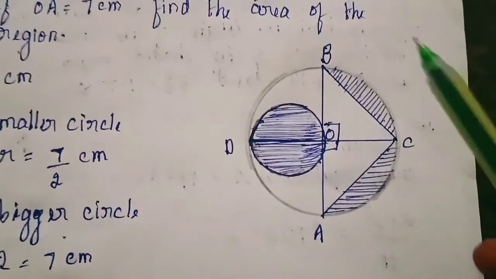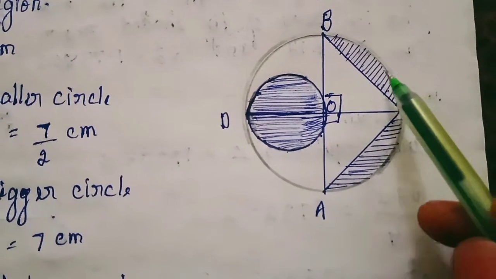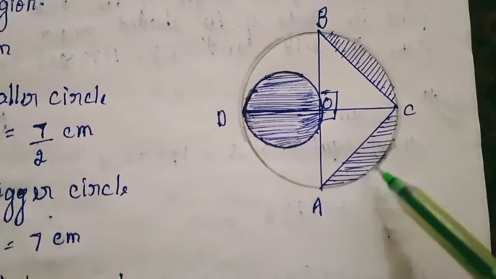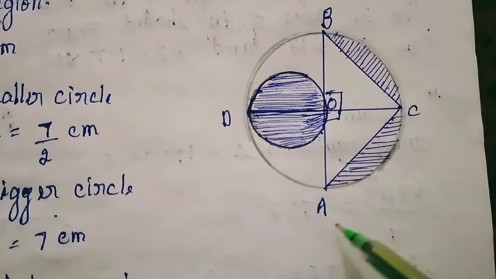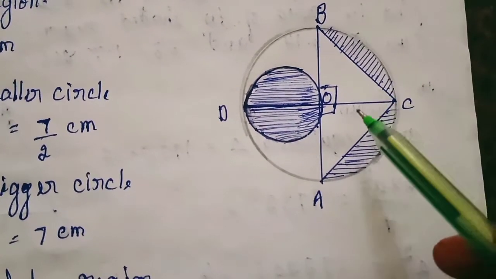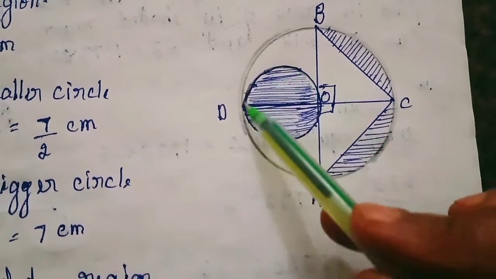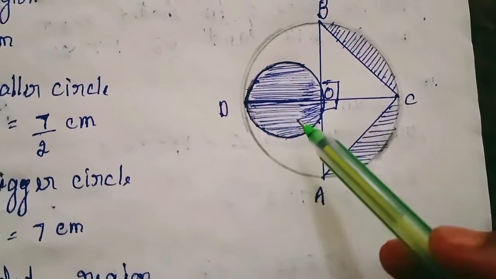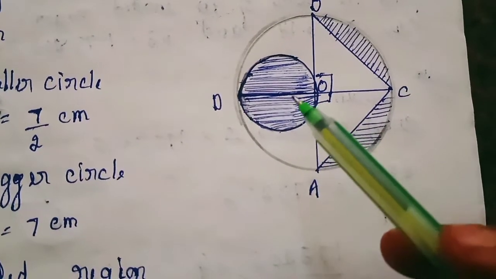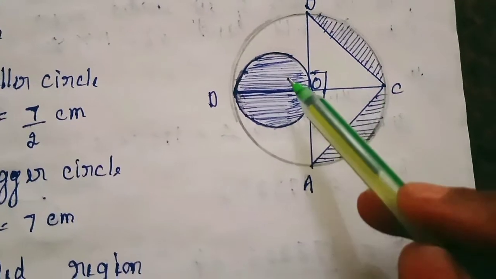So just now I explained this part, the semicircle area of the shaded region, only this corner you can see. Area of semicircle minus area of triangle. And along with these two shaded parts, I need this shaded part. So what shape is it? Yes, it is a circle. So you may get the doubt whether I should add this or subtract. Yes, I should add. Why?